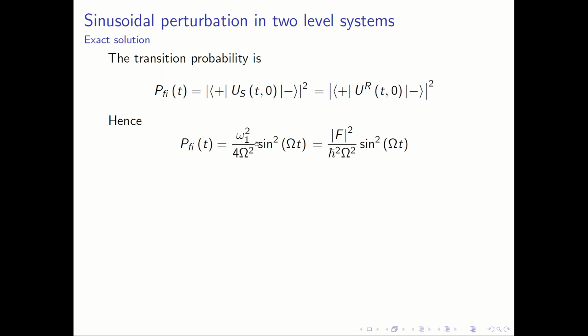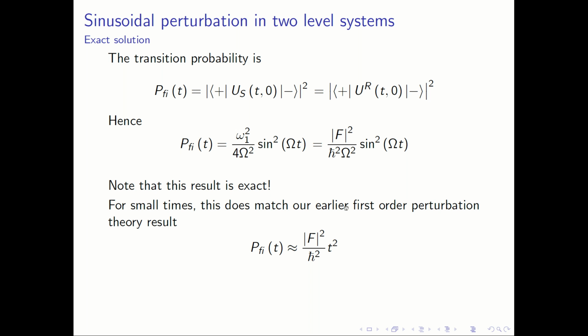Of course, you can rewrite the omega 1 in terms of the original matrix element capital F, and now this form also tells you one thing. For small times, sine of capital omega t can be replaced by capital omega t, and then this simply gives you the result that we had before. Although this result, P_FI(t), is an exact result, for small times it gives you P_FI approximately |F| mod square by h cross square t square,